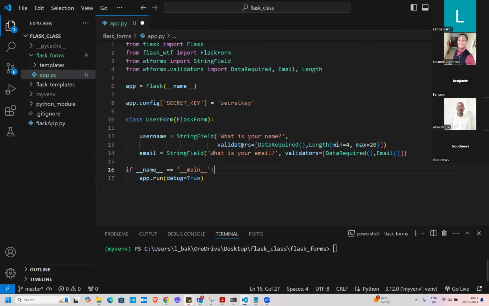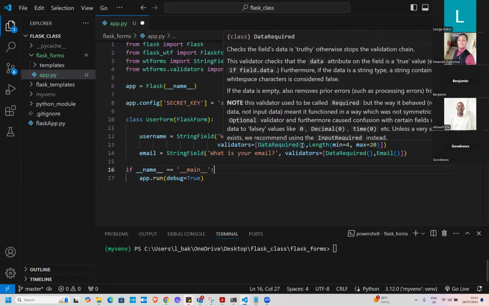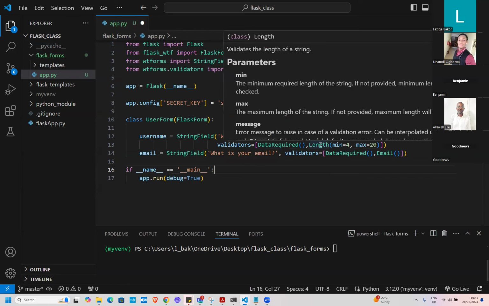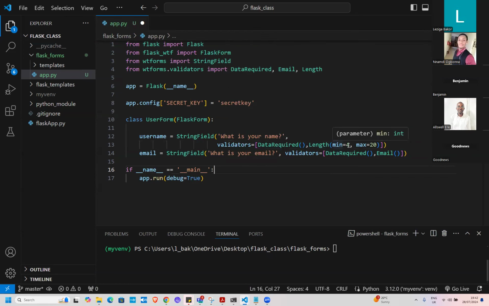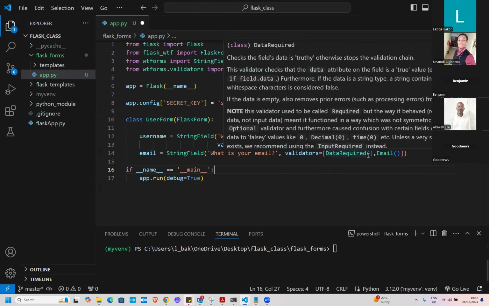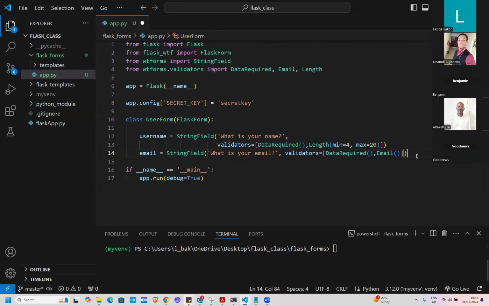So what is your name? You have some validators. The validator will check that you put in data, and it is going to check that the data must be between 4 and 20 characters. Email also has two validators, which is you need to have data in this field and you need to have an email. Then for our form again, we are going to have a submit button. Submit,